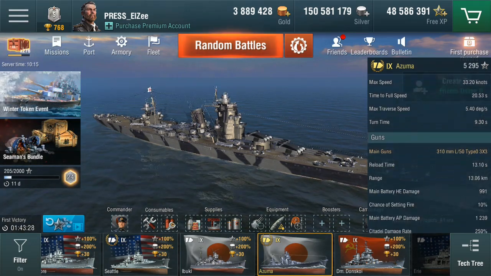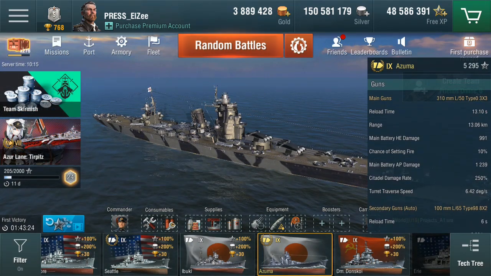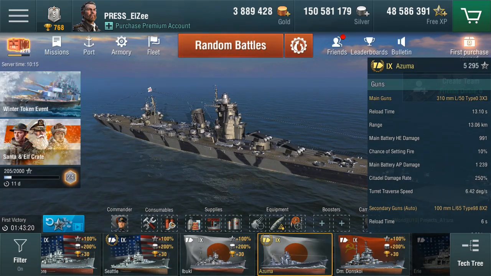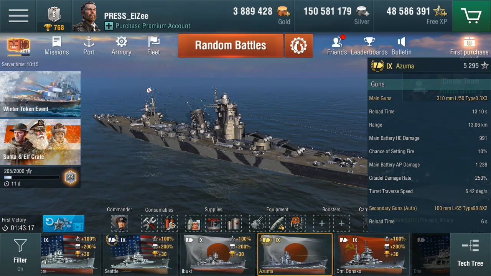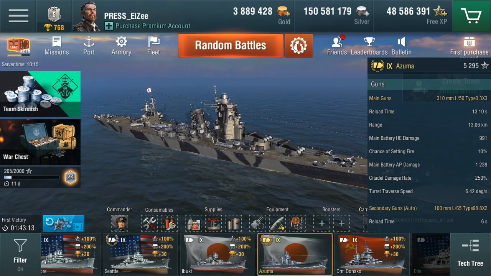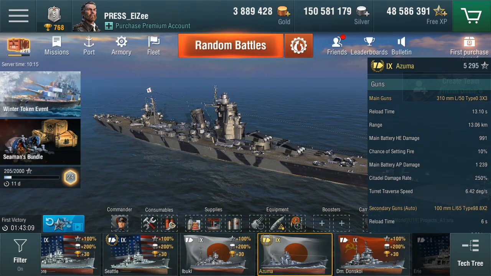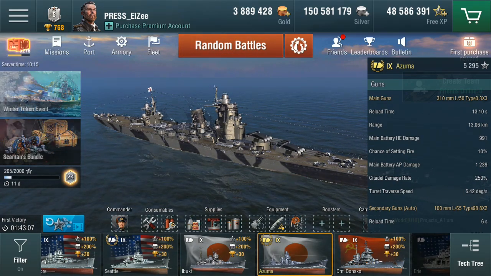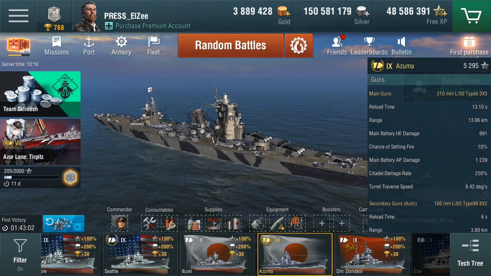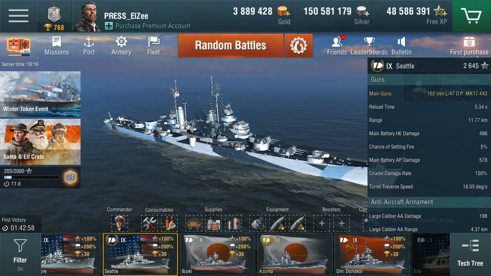Right, where it becomes significantly different is in the guns. And I'll give you a hint. We're not going to be checking out its torpedoes because it doesn't have any. Yes, a Japanese cruiser above Tier 2 that doesn't have torpedoes. But what it does have is these secondary guns and these main guns. Now these main guns are very powerful. The problem is it's a little bit like the Seattle. The Seattle only has main guns, very powerful,